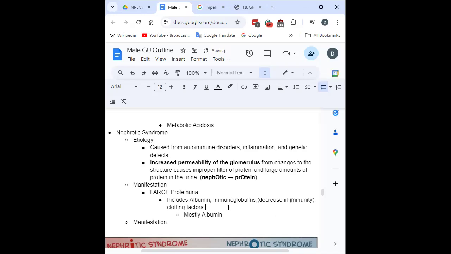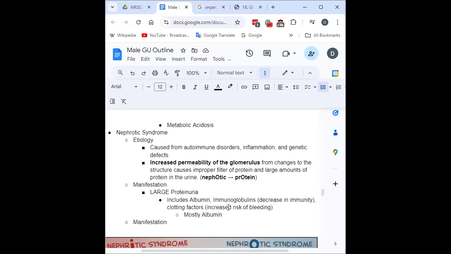And then clotting factors show increased risk. So that's how that kind of relates. Not directly related, I guess, but if you think back at your shock, one of your late stage signs for